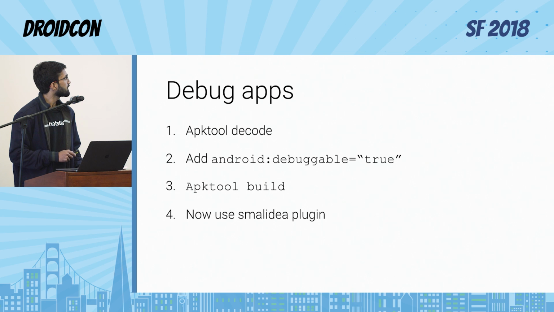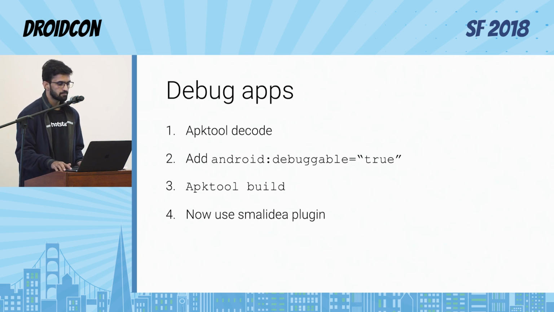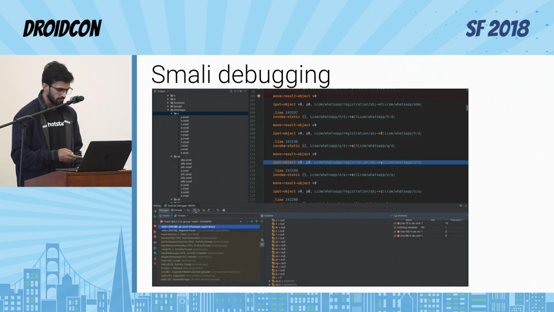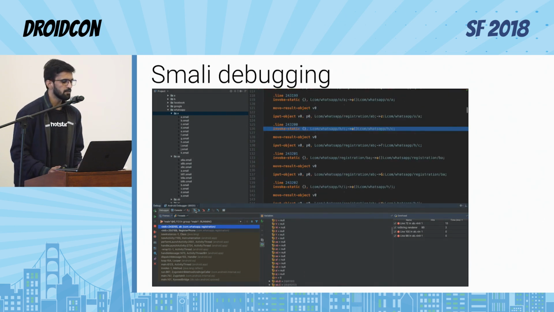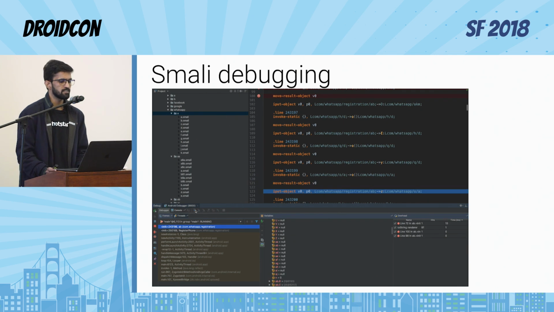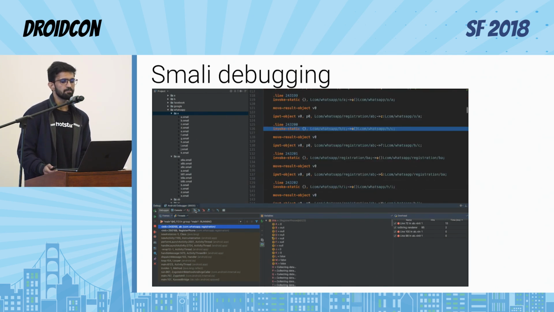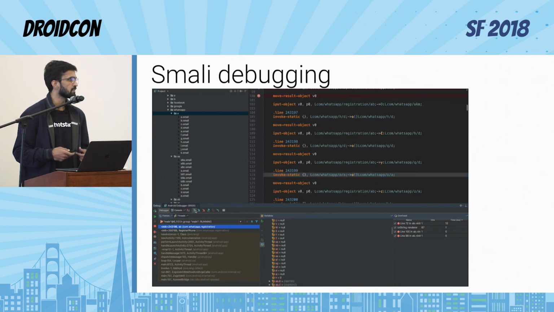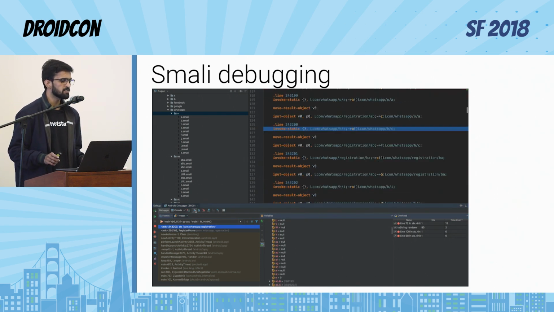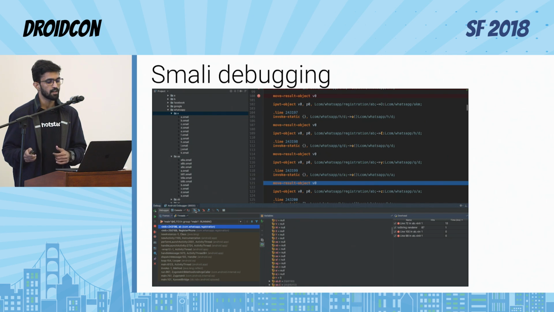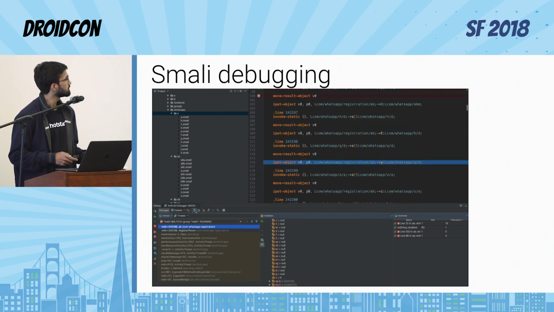And at the end of the day, after making this change, we have to build our APK back and use the Smali IDEA plugin in our own Android Studio. This is all, and we'll get something like this. Step-by-step debugging. You must have got the idea that it can help a lot to understand the obfuscated code. After understanding, we can make the change in Smali and rebuild the app as we did earlier. It's a tedious process that I don't want to get into for now. Let's do something else.